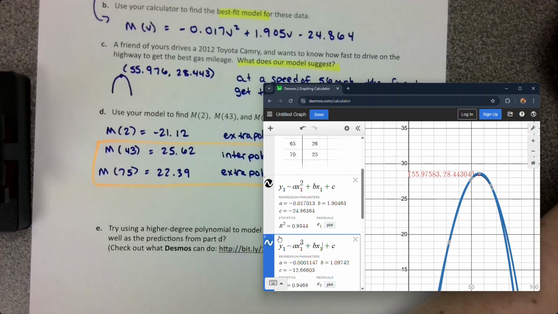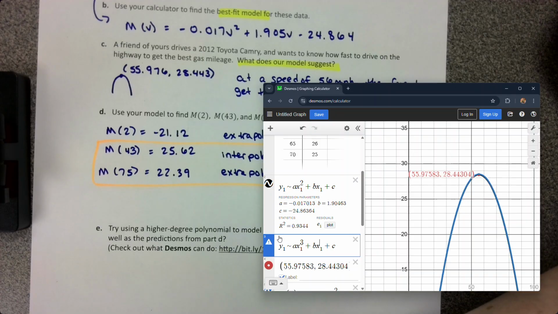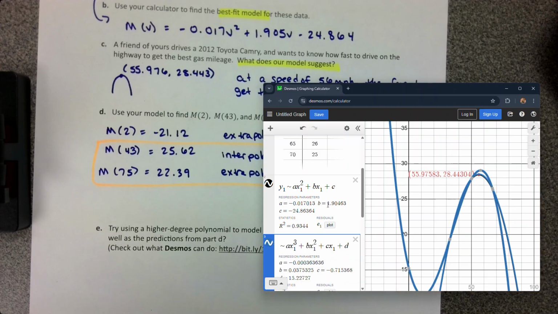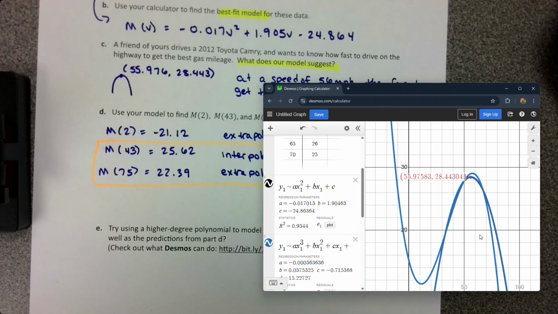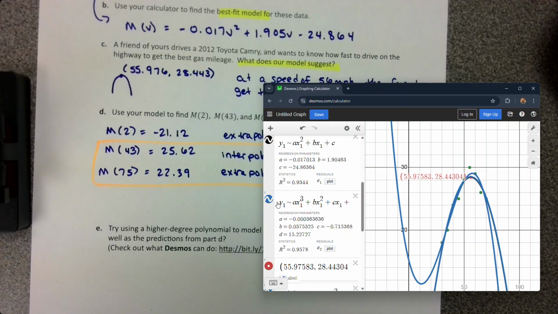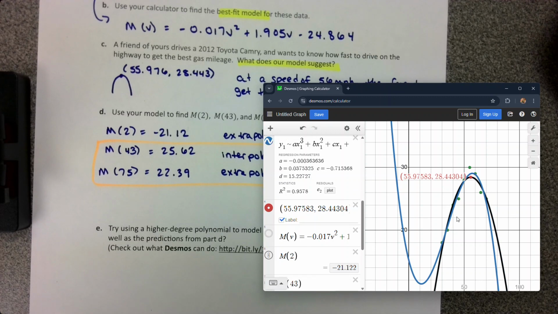So a x1 to the third, b x1 squared plus c x1 plus d. Let me turn the data back on. All right. So the cubic model